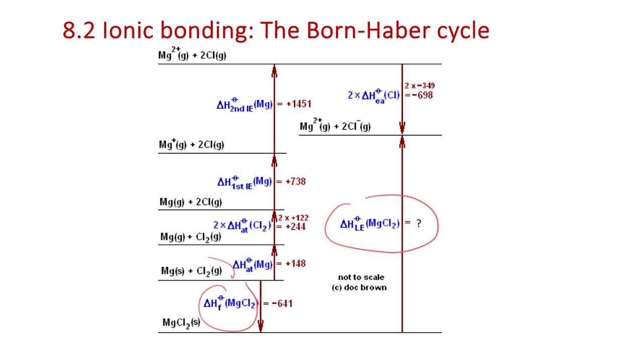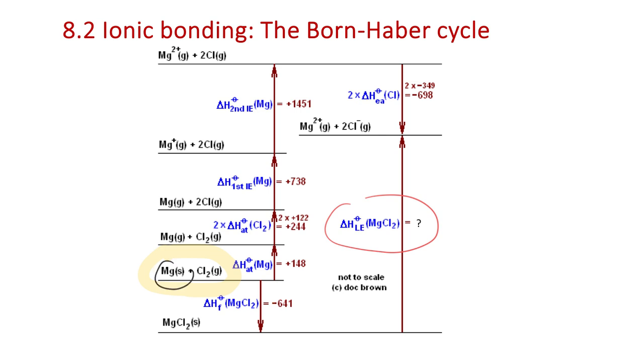But I think the bigger point of trying to understand what a lattice energy is comes if we start with our picture. Whoop, I'm going to erase. If we want to start from elements and really think about the question of why magnesium and chlorine would form magnesium 2 plus and 2 Cl minus ions and form solid MgCl2. Why is MgCl2 more stable, or more likely to be found in nature, than magnesium and chlorine? And the answer is, if you go through the whole process of the ionizations and the bond breaking steps,